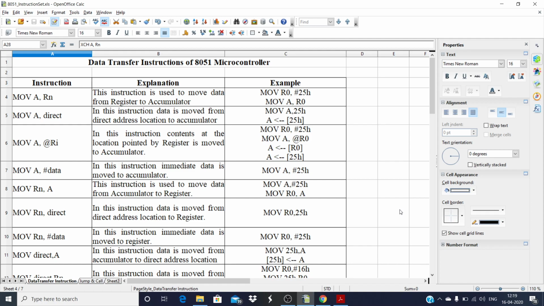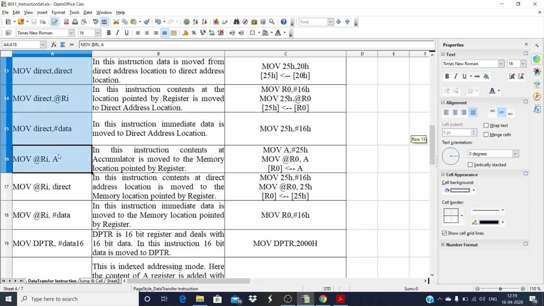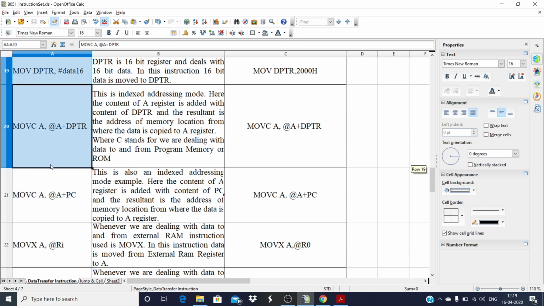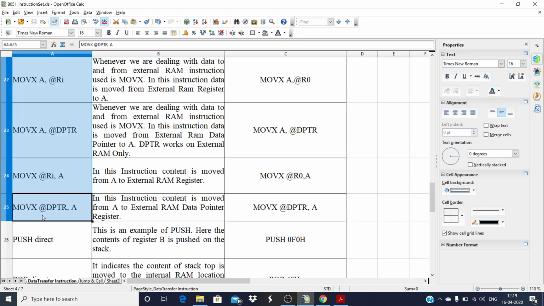To study data transfer instructions of 8051. Data transfer instructions are widely used in assembly language programming. In this lecture, we are going to study specific data transfer instructions of 8051 microcontroller. So this set of instructions consists of various versions of move instructions, as you can see, various versions of move instruction,